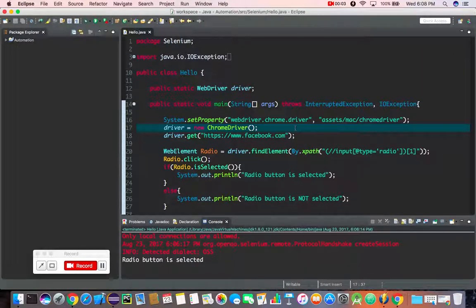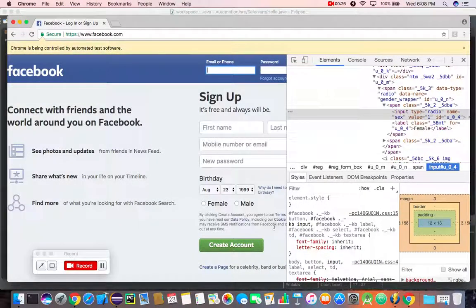What's up everyone and welcome to this tutorial. In this tutorial we're going to learn something called IsEnabled. In the past tutorials we learned what is disabled, is selected, and is enabled. It actually checks if a button or an icon or whatever is actually enabled to be clicked on. So when we did that Facebook example last time, we were able to click on the female part and the